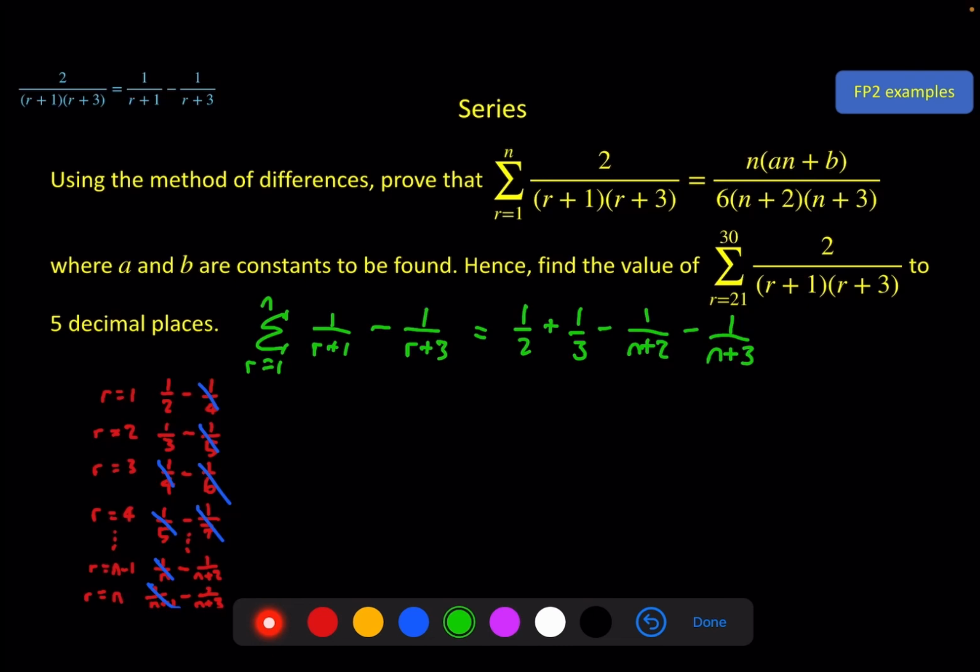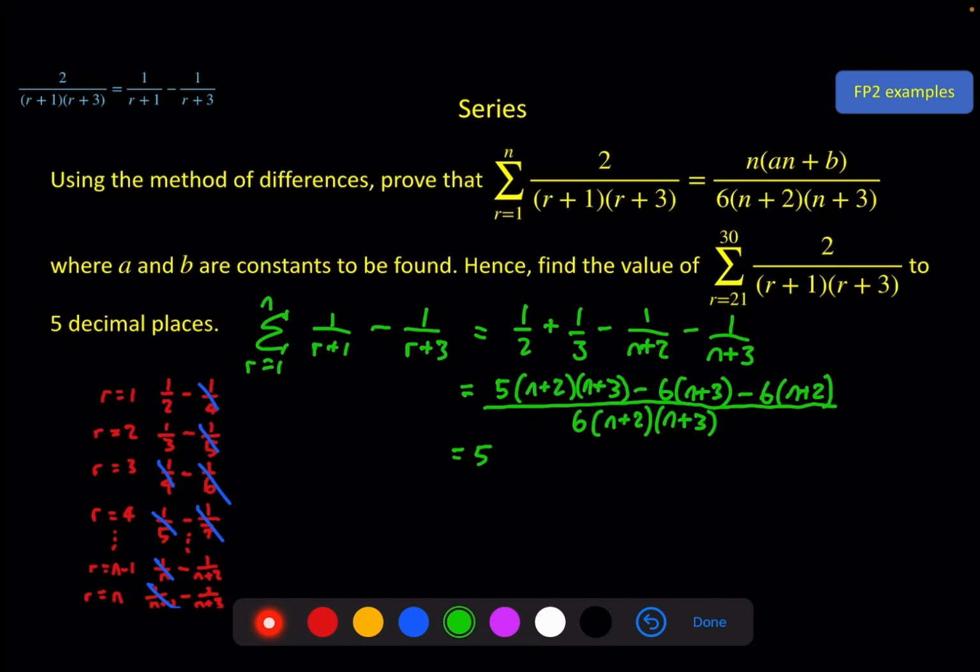So it's just a bit of algebra now. We've got 5 over 6 there. So if I multiply everything to get a common denominator, 5 times n plus 2 times n plus 3, minus 6 times n plus 3, minus 6 times n plus 2, and that all comes from making the denominator the lowest common multiple between all of those denominators. Expanding that out, we get 5n squared, and then we would have 5n, so that's 25n, and 6, so that becomes 30, minus 6n minus 18, minus 6n minus 12, and we should find they all cancel,